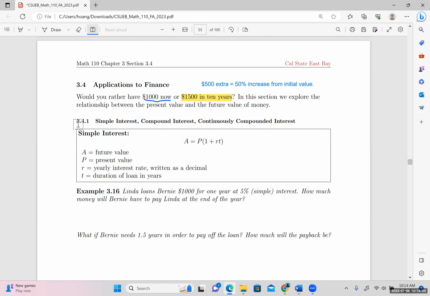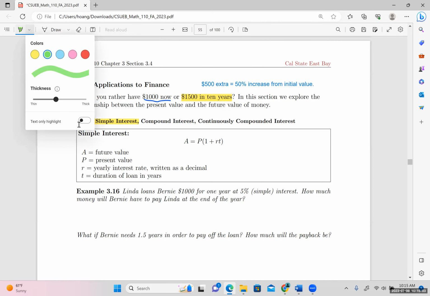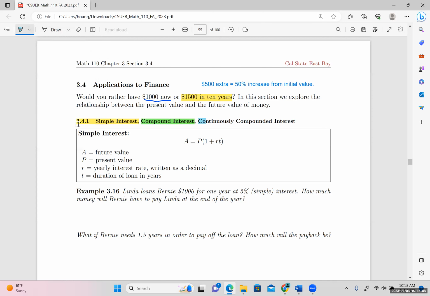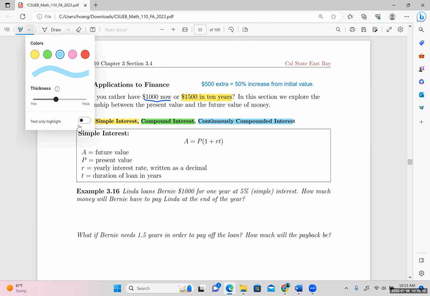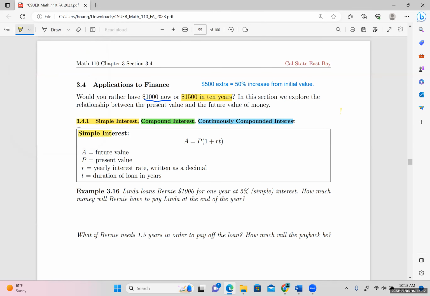Now let's start with simple interest first, right? In this session, we're gonna talk about simple interest, compound interest, and also continuous compound interest. So simple interest, let's talk about it first. Simple interest is what? It's just very simple